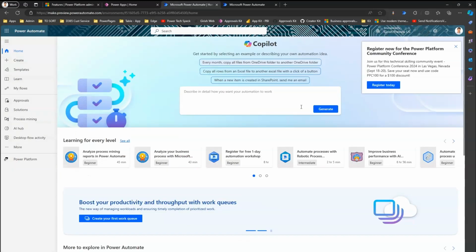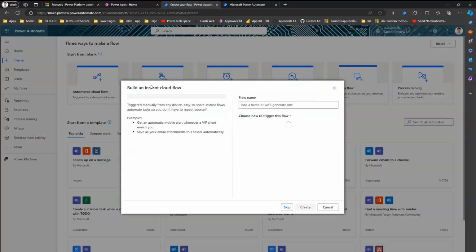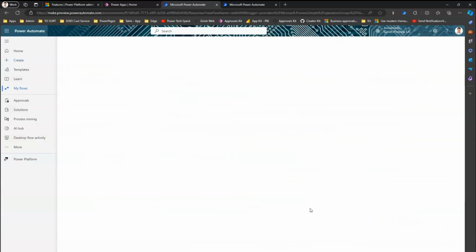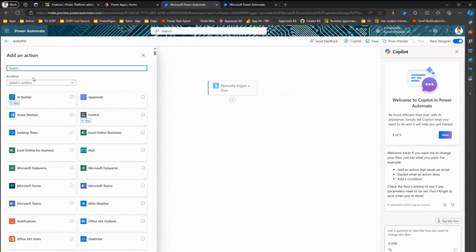Now, coming back to Power Automate. First, what I'm going to show you is, once you are in make.preview.powerautomate, go to create, and then from there go to instant cloud flow, and then name this flow. Okay, so I'm just naming this flow something, and I click on manually trigger a flow. Now, if you see over here, I can author a flow in the new interface, and let me add an action. So let me add a compose action,